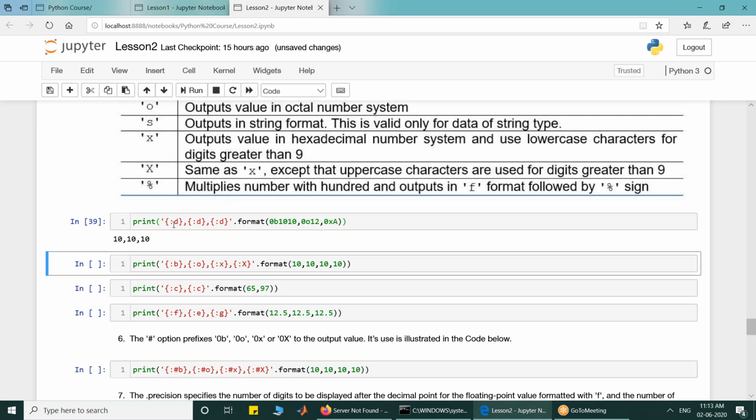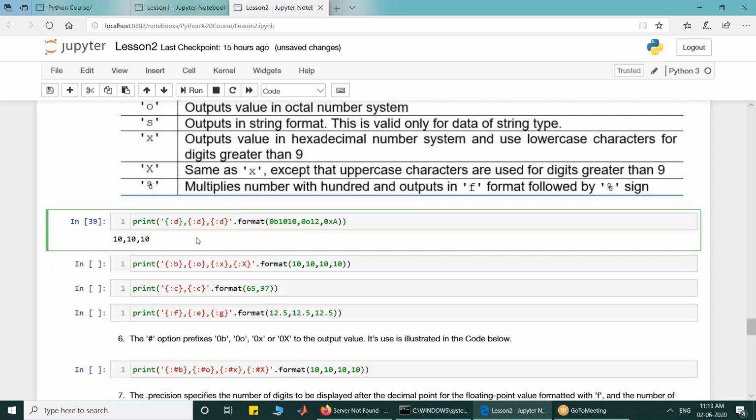I want to increase the size. Can anybody tell me, if I write d8, d9, d6, what will happen?